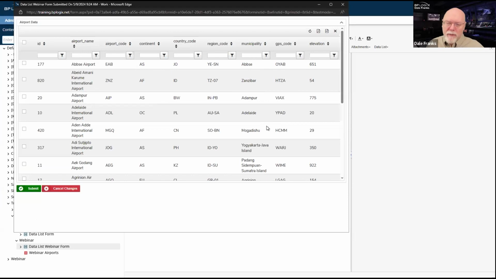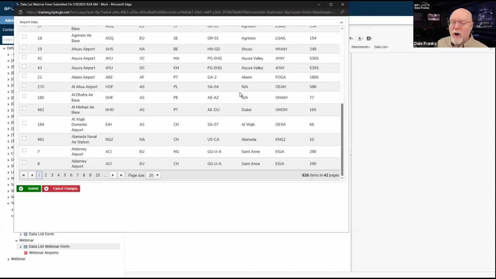All right, so now we've got our set form data redisplayed. And of course, at the top, we can see our refresh button. The refresh button is not going to really do anything in this particular data list because this is a static list of airports. It never changes. If you have data that has a much higher degree of currency, you may need to refresh that data. So you may need to actually recall the business value, because once I open the form, the business value gets called and whatever data is in that business value is what it's going to show. And it's going to keep showing me that same data.